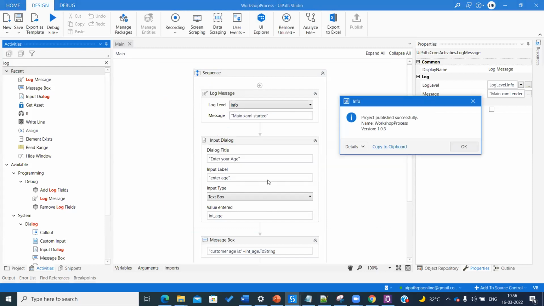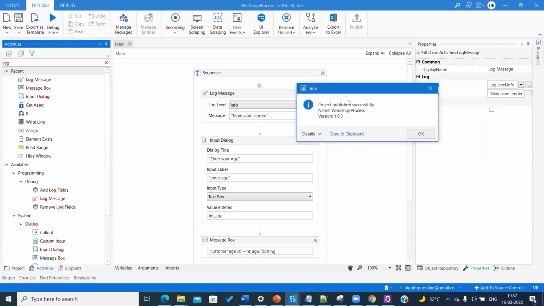If there are any compiler errors or any issues with your project, then your project will not get published. Okay, so this is something you need to note down, because if you have any compiler errors or any issues in your project, then you cannot publish that package. It will say unable to publish because it has some compiler errors. Hope you know what a compiler error and a runtime error are. If not, maybe I can answer your question at the end. And then it is successfully done, and the version is 103.